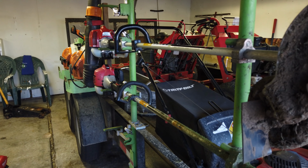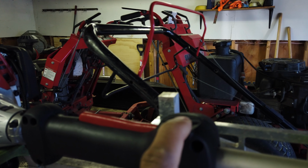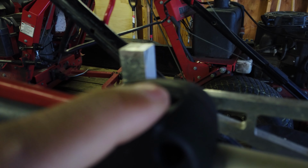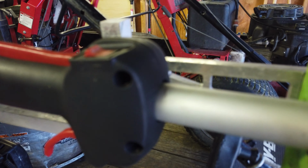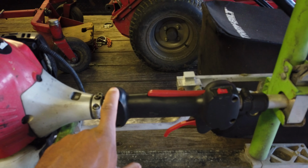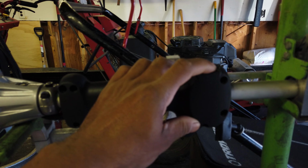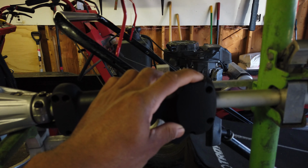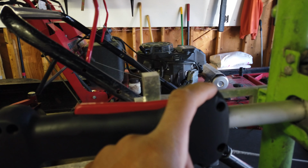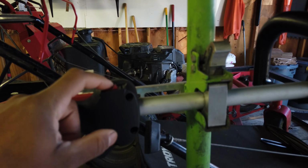Maybe not the biggest. One thing I don't like is this power button on the big ones. I don't know if the trimmers are this way, but I went and got the biggest edger, and the power button does not return back to its stock position. And I don't know if they could switch the handles or something for me, if this could be taken off, but that costs money, because the guy's trying to figure out what is going on with the trimmer, and it's because it's off and he's trying to start it. So I'm not huge on that. I don't know why they do that. That is not cool. Just this one here returns back. So I might be looking into switching these out, but